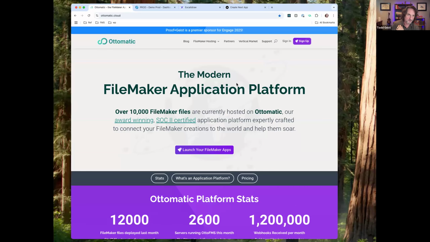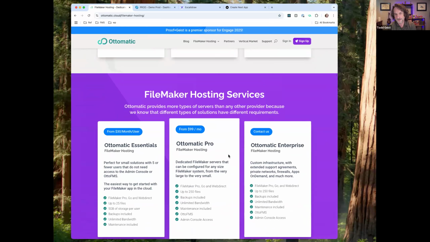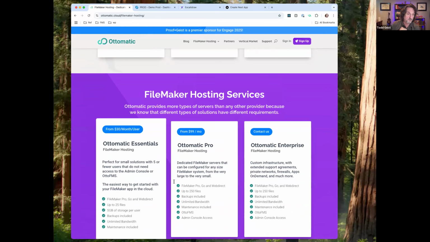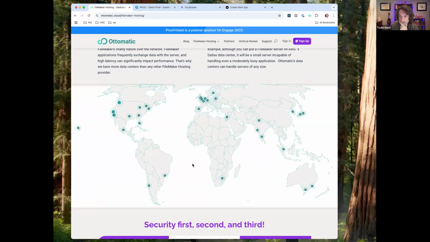We do FileMaker hosting, and we have various pricing, various sizes, everything from very small to very large, including really awesome things like bare metal servers, which if you're running WebDirect or other really high activity servers, you really should be on bare metal. The pricing to performance level is way better than you can get on any VM or any Docker container. And so we're one of the only hosting providers, I think we're the only hosting provider, that provides bare metal servers. We also have 32 data centers around the world, so you can be close to your customers.